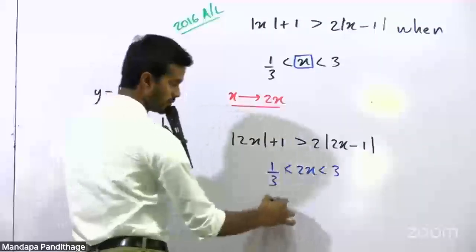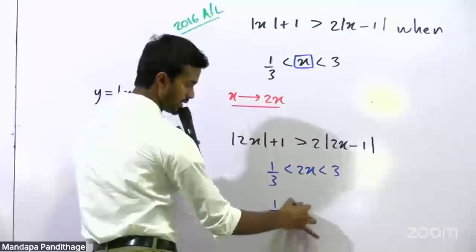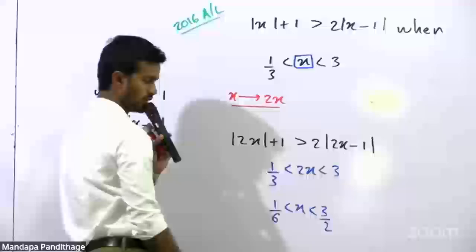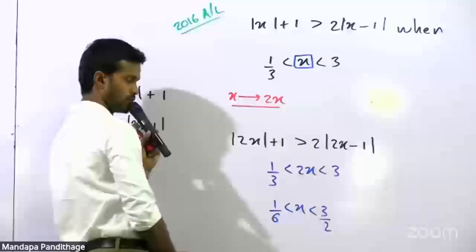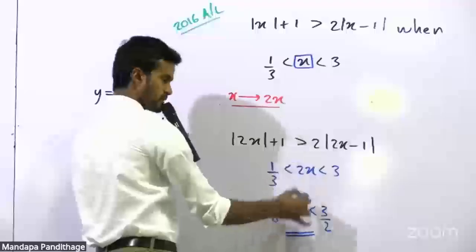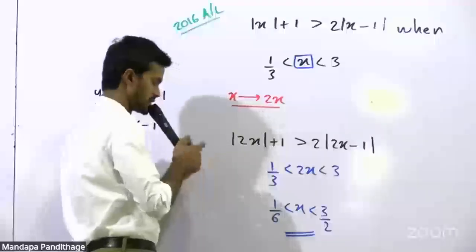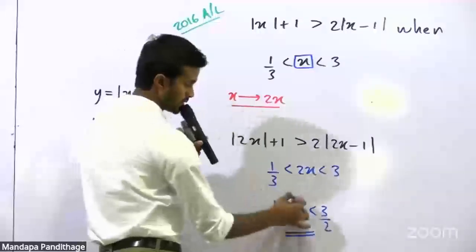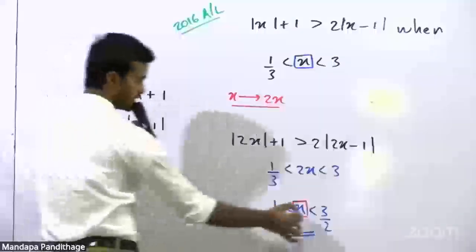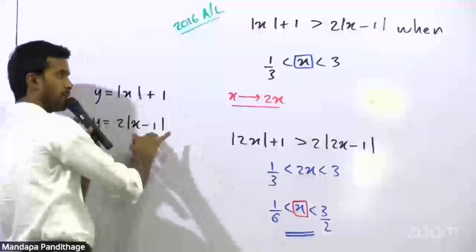So how can you get x here easily? When you divide it by 2, you get that x is greater than 1 over 6, but it's less than 3 over 2, because even though you replace, make sure that your final answer should be in terms of x. Okay, so what we do here, when you have been given to sketch these two graphs, and you are supposed